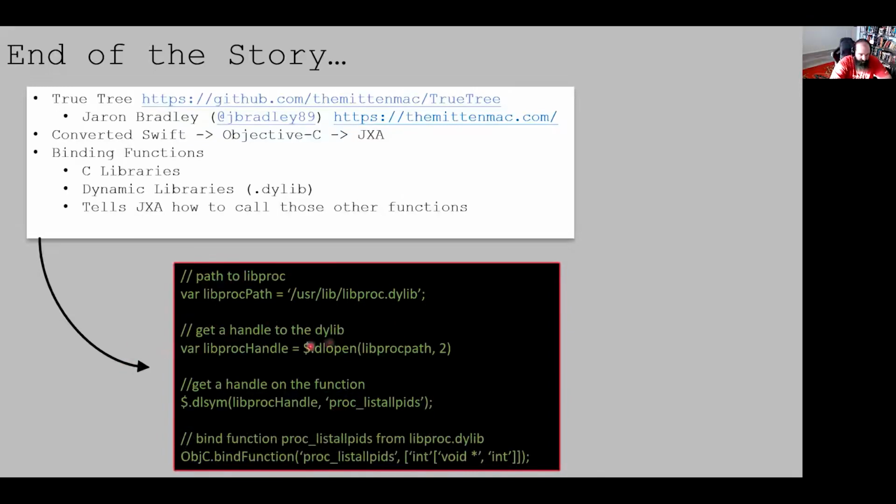I need to get a handle, like I said, on the dylib itself. So here I create a variable, libproc handle, and I use this dlopen function and give it the parameter of this libproc path, and that's how I open that dynamic library. Actually, I don't show it in this code, but I had to bind that function as well. So after it's bound, you see I can just use the dollar sign object again to walk across the Objective-C bridge to access